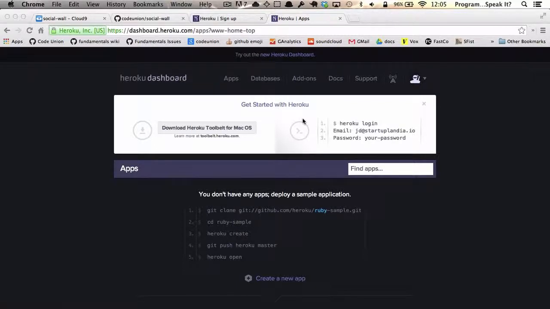Okay, perfect. Now, to create a new Heroku app and connect it to our social wall app, literally, we can